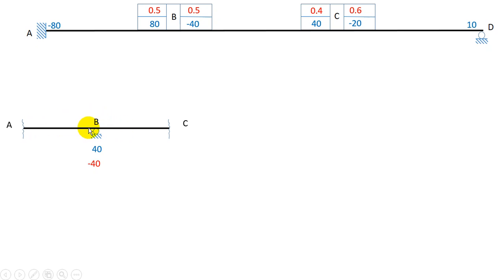BA contributes some part of minus 40 and BC as well contributes some part of minus 40. How much part is contributed by BA and BC is given by distribution factors. So I just have to multiply this by its distribution factor to get the contribution by BA and the contribution by BC. So these are the values that we require in moment distribution iterations. There will be many iterations that we have to do in the moment distribution method, but these are the values